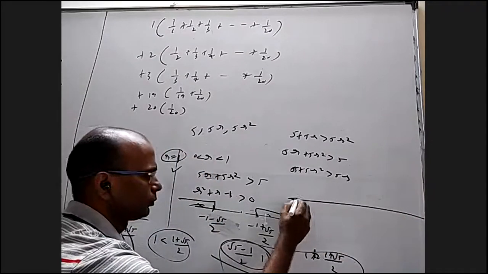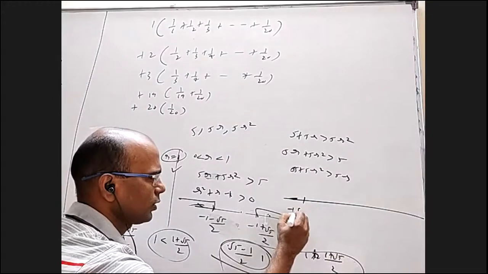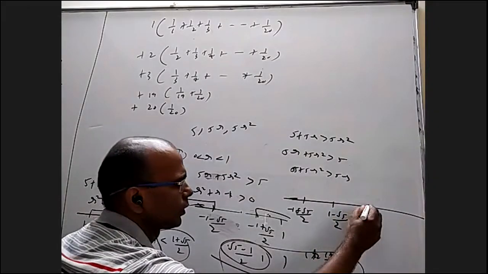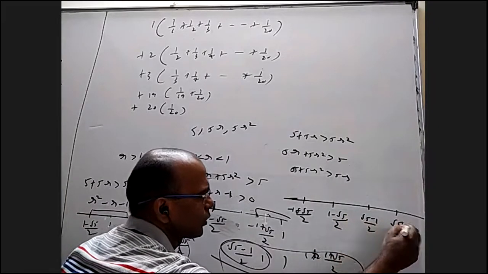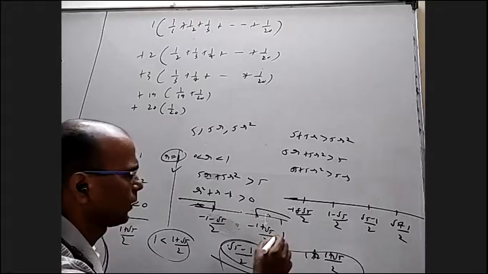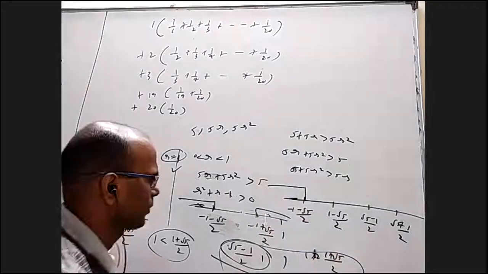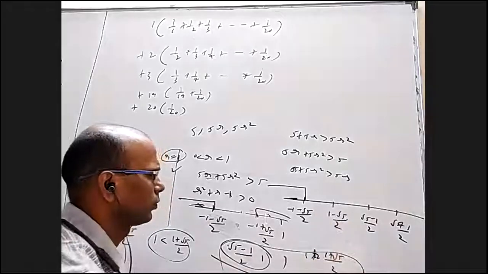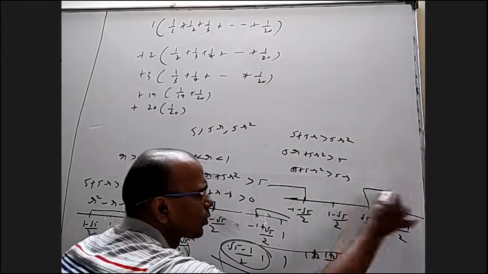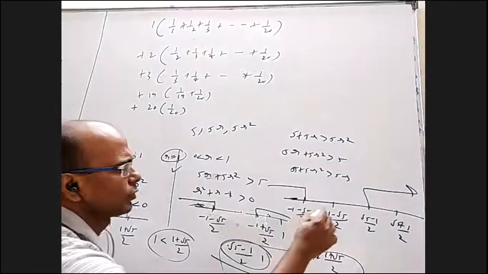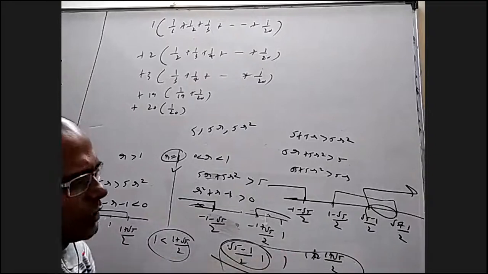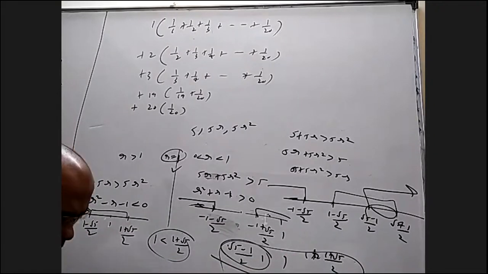Instead of all that, if you check these things, I'll tell you what will come. You will get minus 1 minus root 5 by 2, 1 minus root 5 by 2, root 5 minus 1 by 2, root 5 plus 1 by 2. This is going to give us basically less than this and minus 1 plus root 5 by 2. I did not write it, I wrote it, okay. More than this. The other one is going to give you, it should be between them. When you take the intersection, you will get root 5 minus 1 by 2 to root 5 plus 1 by 2. Okay. Is this okay?